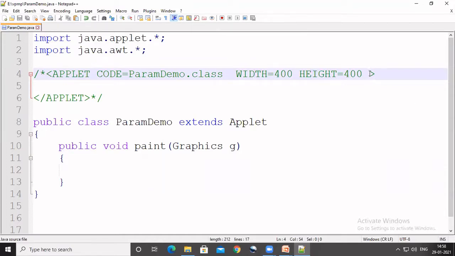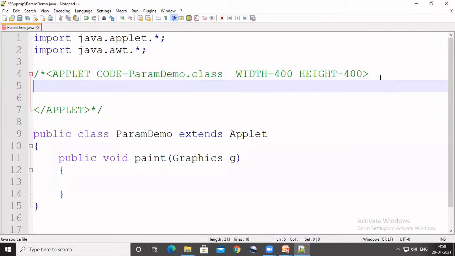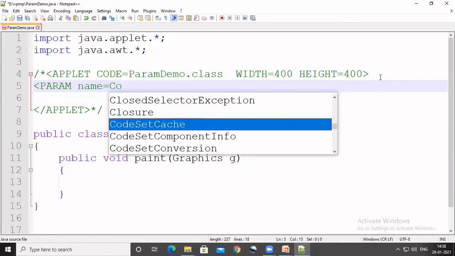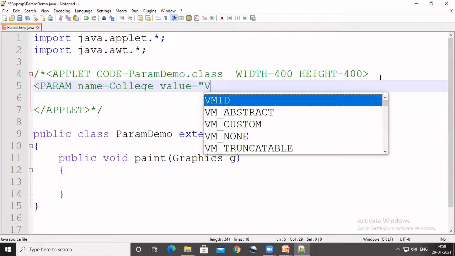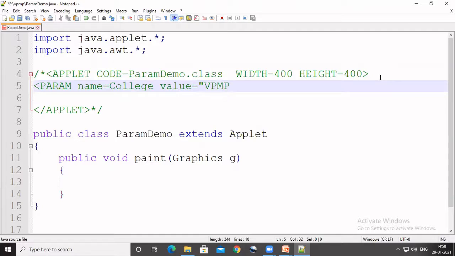First of all, we add the param tag in the applet tag, and for that we write param, then two attributes, that is the name. Suppose I want to display the college name in the applet viewer. So I write here the variable name as college and the value of college is VPMP.